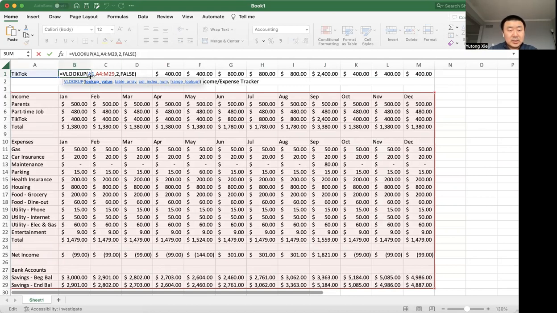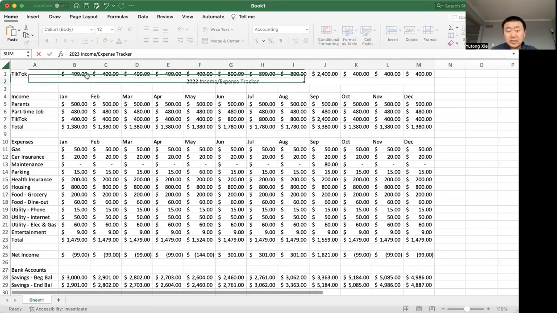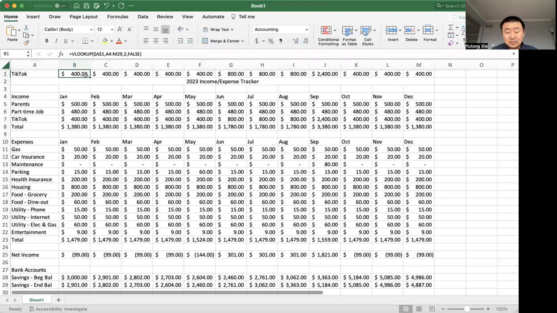So when we are putting A1 here, we are referring to the cell A1, right? That's a cell reference. And absolute cell reference basically means you put dollar signs in front of the column reference and the row reference. So the shortcut is just to hit F4, function 4, okay? So you see, I put dollar signs in front of A and 1. What does that mean? That basically means when I drag this, when I copy and paste this cell,